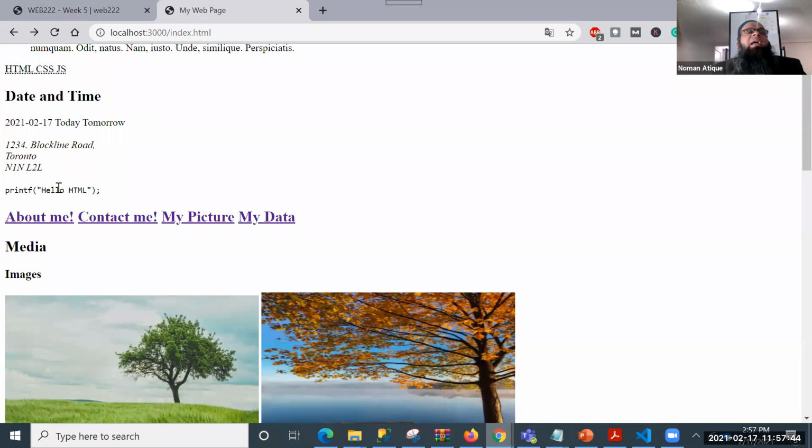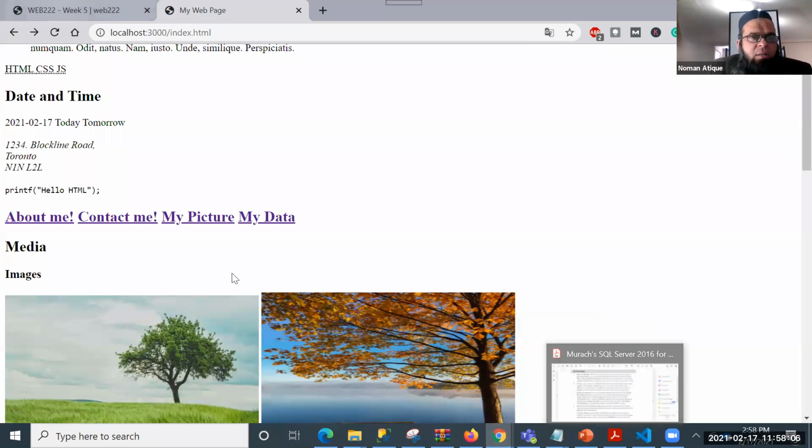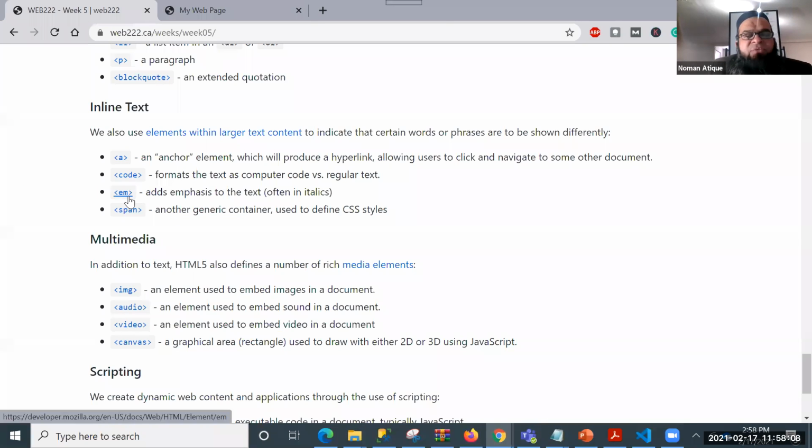So it's another semantic understanding of my document that whenever a crawler or a search engine comes and tries to read my code, it will know that here I have written a code that specifically refers to some programming language. That makes sense to everyone? Referring to any programming language. Right? So this is code, and then we have EM for emphasized.